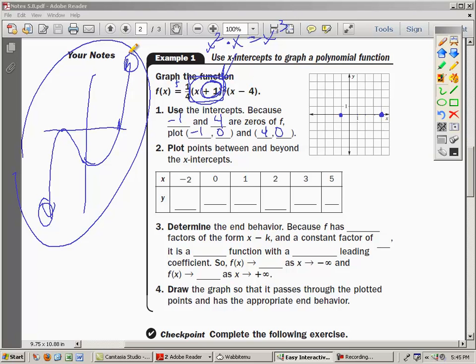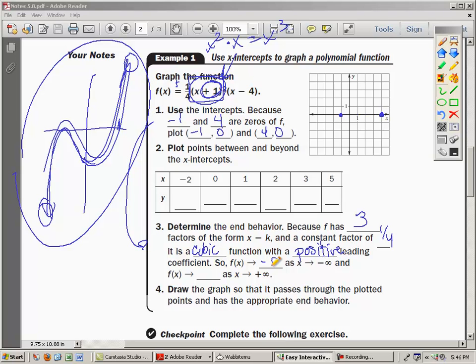And again, because it's third degree, that means that it's going to have this type of shape to it. And so I actually want to get down to this part. The end behavior says because f has 3 factors in the form x minus k, we know that it's third degree and it's a cubic with a constant factor of 1/4. We know it's a cubic function, and so it's going to behave in a way that has a positive